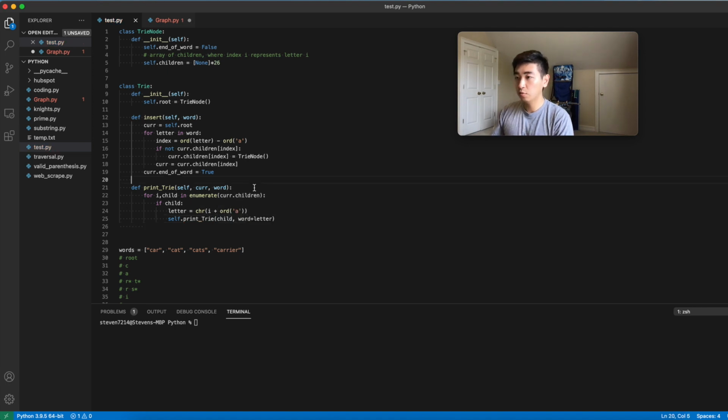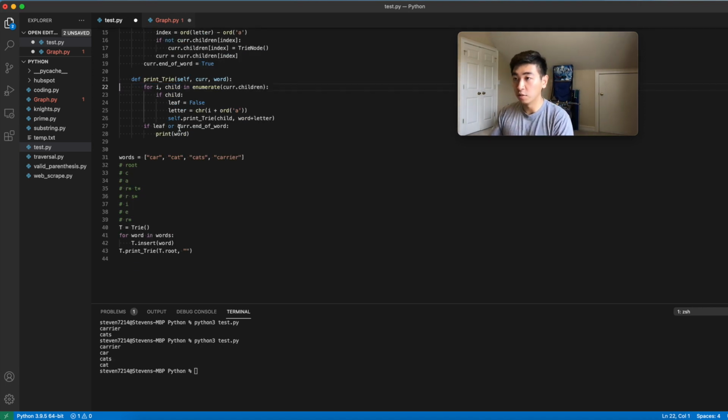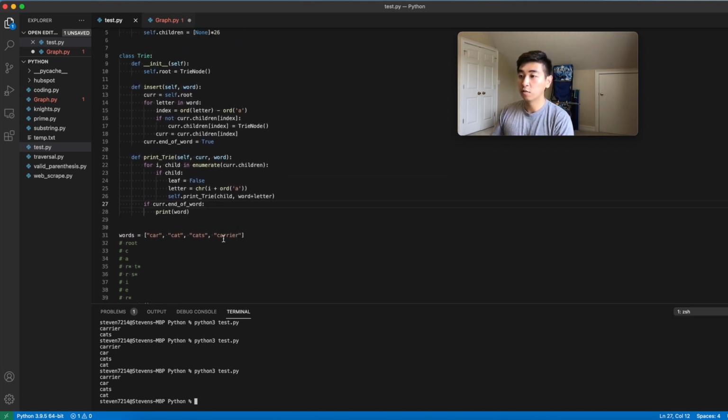Now the thing is, we need to consider when we should actually print out the word. All we need to check is if it's the end of word, and we print out the word. Yeah, okay, so this should work. And so we get back that carrier, car, cats, and cat are the 4 words that we were inserting